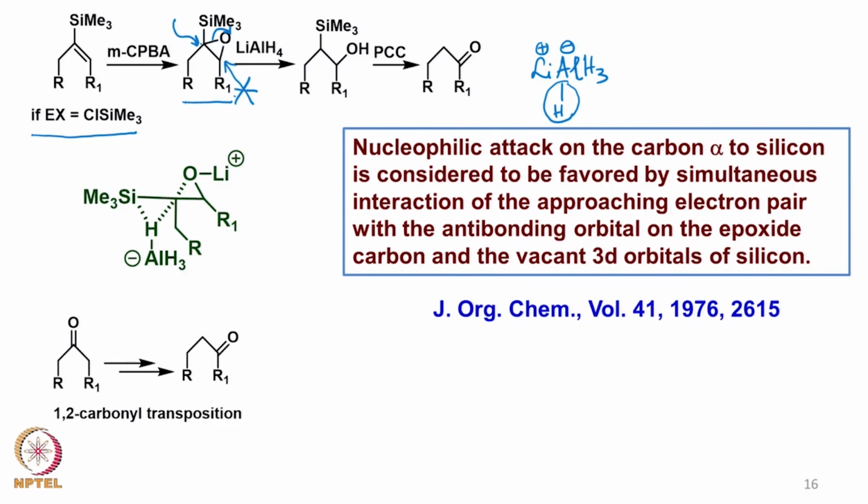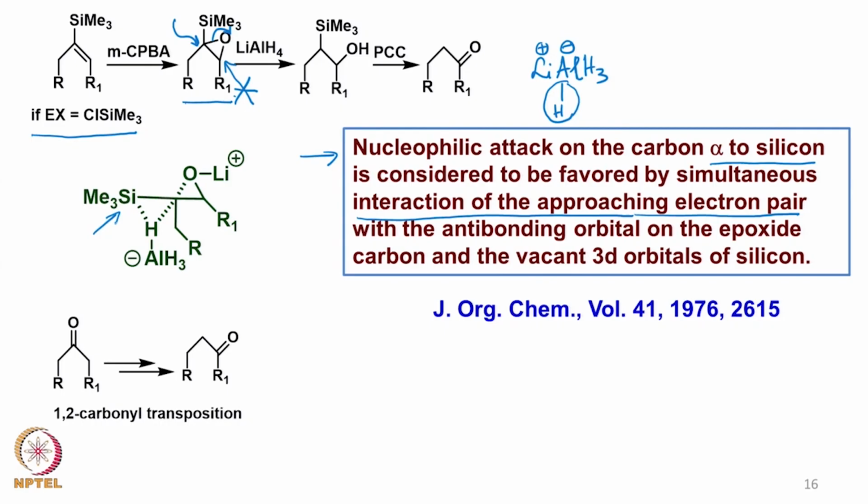Now this is very intriguing because the nucleophile should be expected to attack at the sterically less hindered position, that is the carbon holding the R1, and also because one could expect some other effects of silicon. But what is happening here is the nucleophile attacks the carbon alpha to silicon, and it is favored by simultaneous interaction of the approaching electron pair, that means the hydride is approaching with the electron pair, with the anti-bonding orbital of the epoxide carbon-oxygen bond and the vacant 3d orbitals